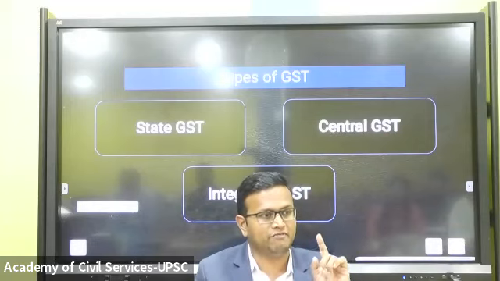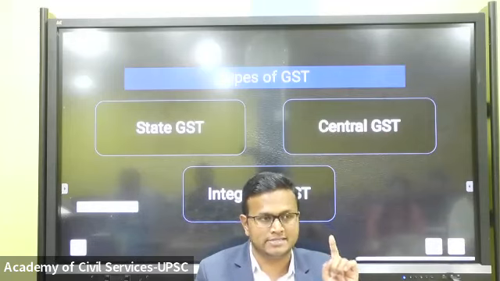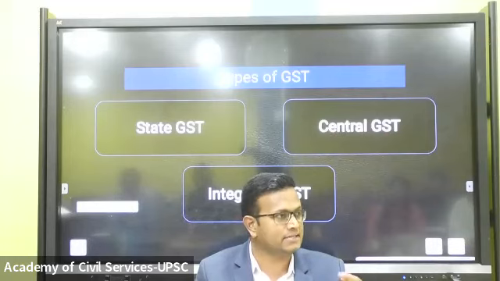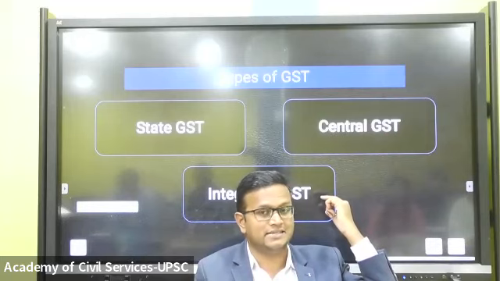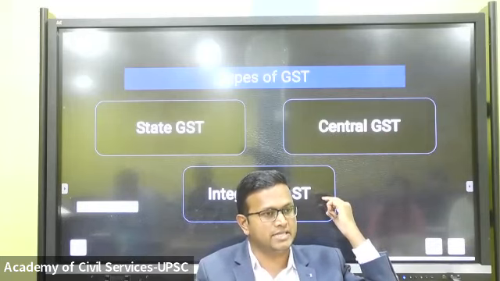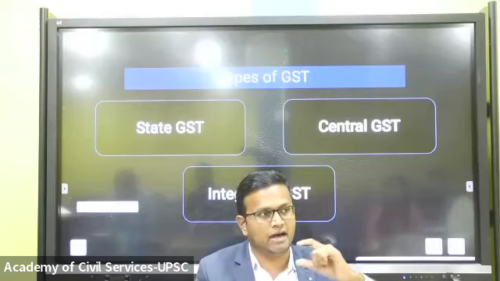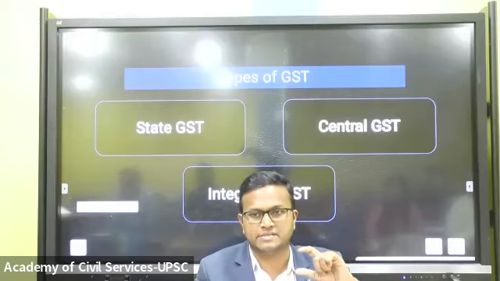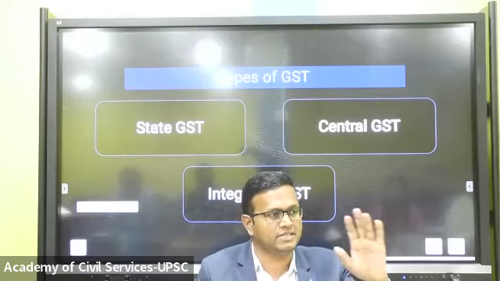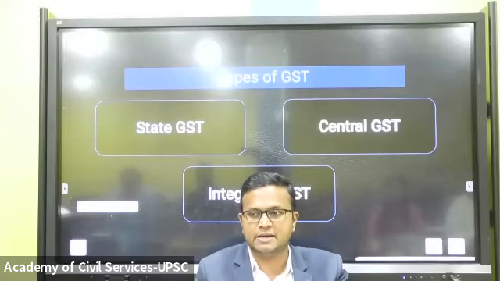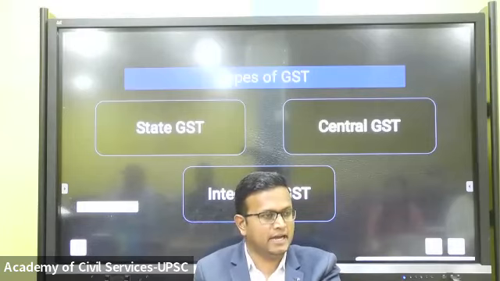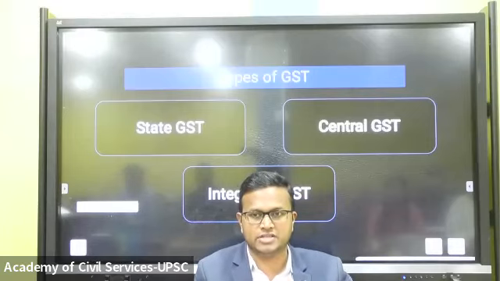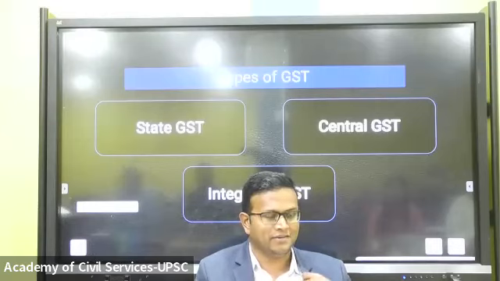At that time, when the customer is in one state and the seller is in another state, we have a system called integrated GST, IGST. The IGST, after analyzing the complete business, the government of India will share with the states. And IGST, some portion the government of India will share. That is why many times a dispute happens. States are demanding that the center is not giving us our share in the GST of IGST.